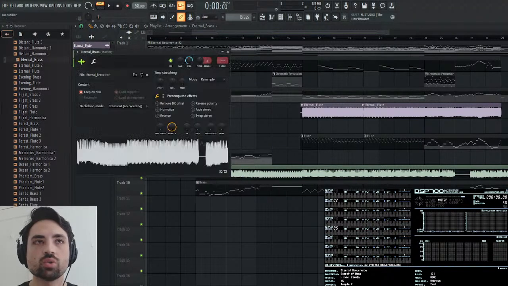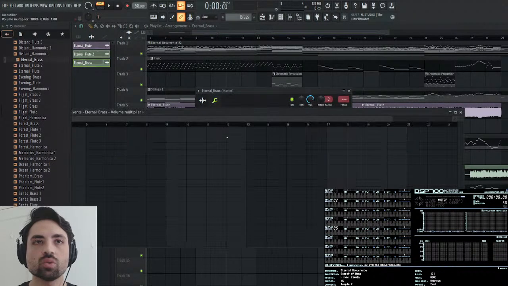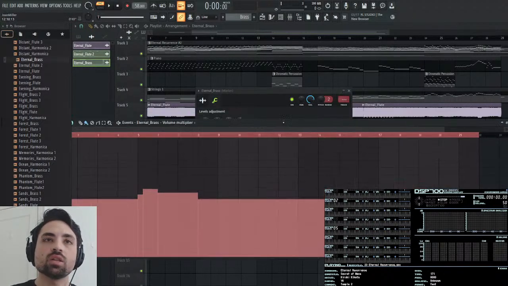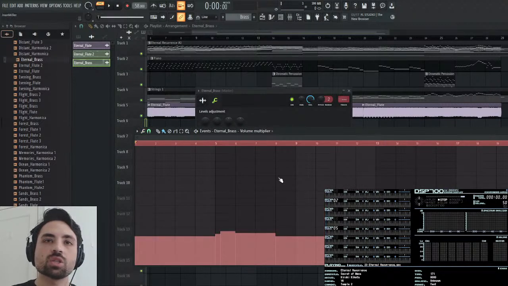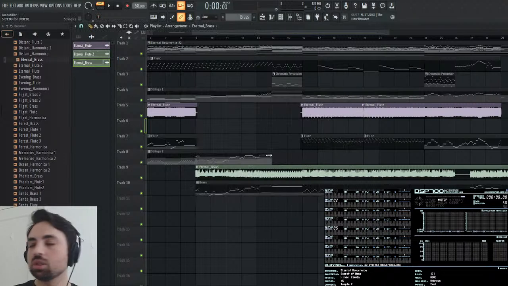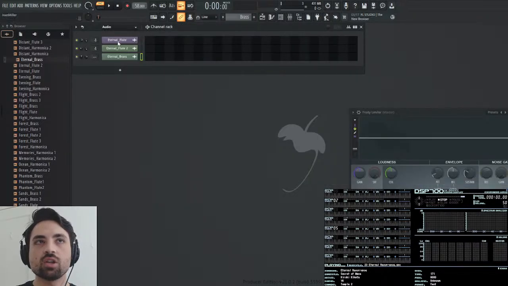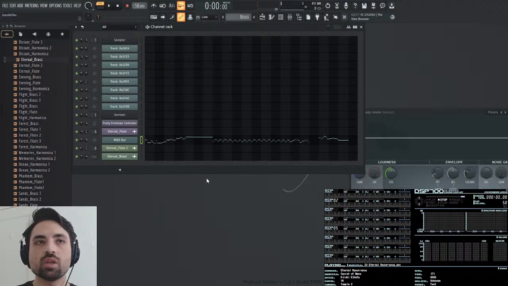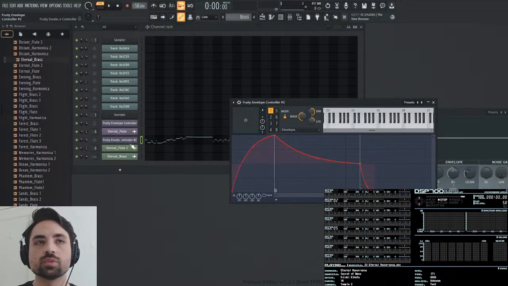So we now want to paste the volume automation into this line, and then scale the levels to be 50% because we're going from a unipolar value to a bipolar one. And so now that'll do. Now we just need the envelope to take effect. So if I go and replace this with an envelope controller,